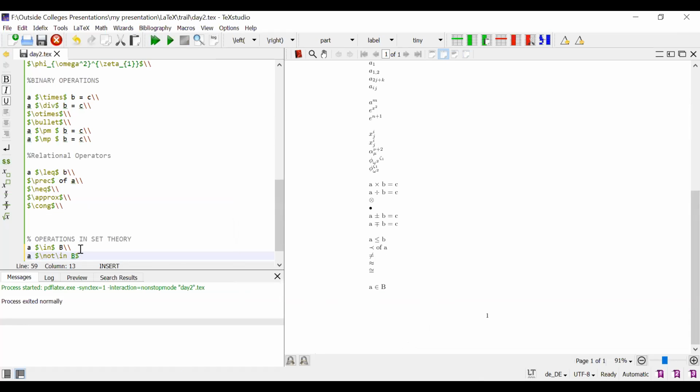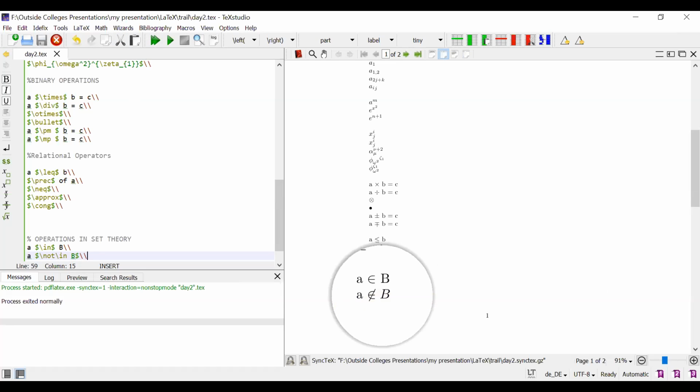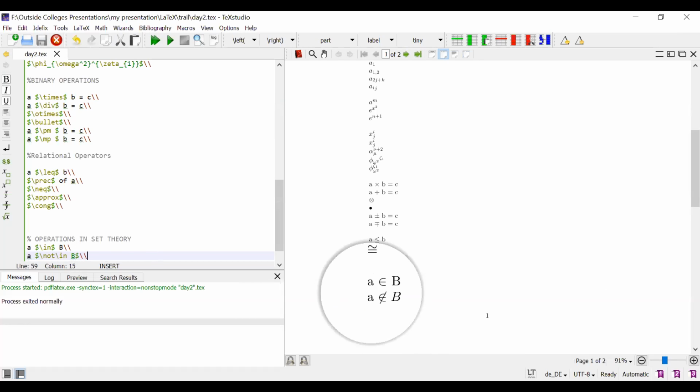Now I want to show one difference. Now I fix my dollar symbol after this B. See the difference between the first B and the second B. What is the difference?